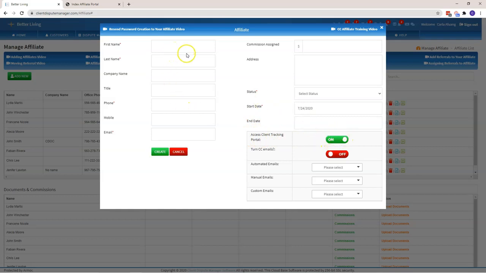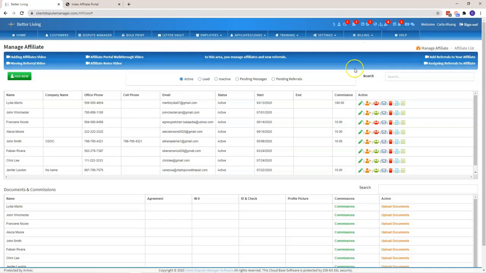So if you add your affiliate's information and without making any changes in this section, you hit Create, automatically the affiliate that you have added will have access to view their referrals' client tracking portal. If you turn this off and then hit Create, they won't have access to view it. Now, another way of turning on and off this feature: let's say you have added the affiliate in, and by default it's turned on,